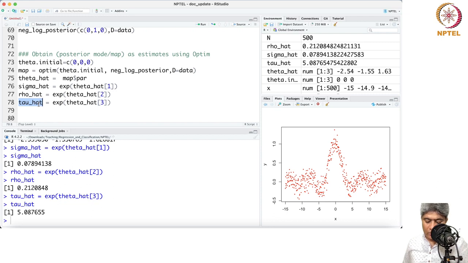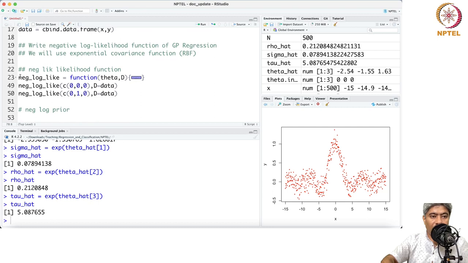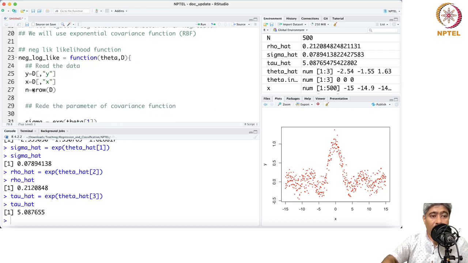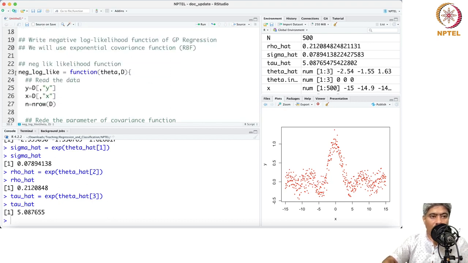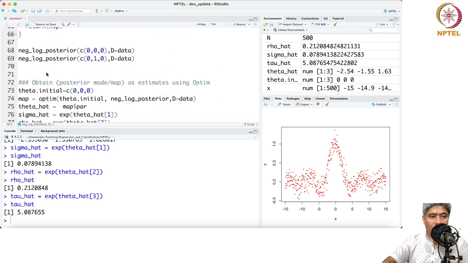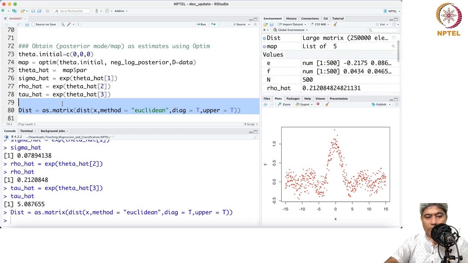Now we have to have the distance. Remember that we calculated this distance matrix out of the box. Okay, out in the function, we have not done it in the environment. So we have to just calculate that. So now we have the distance n equal to n row of the distance,